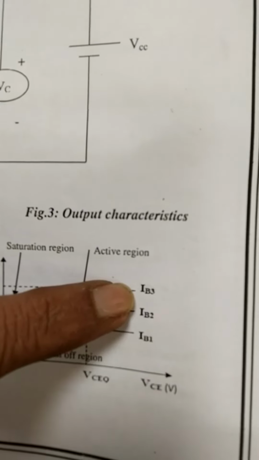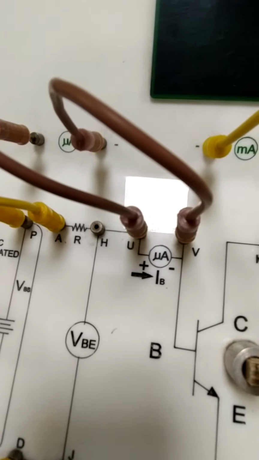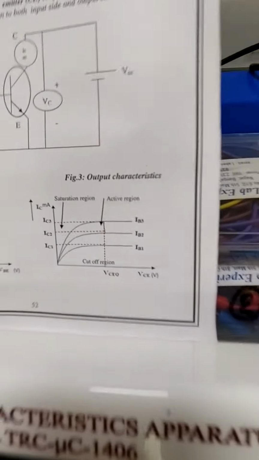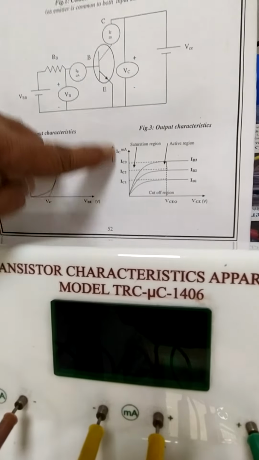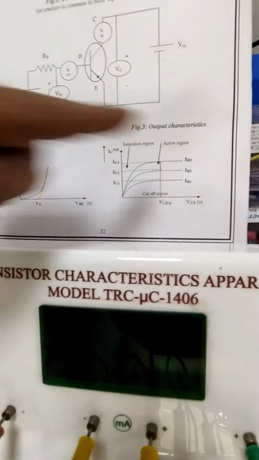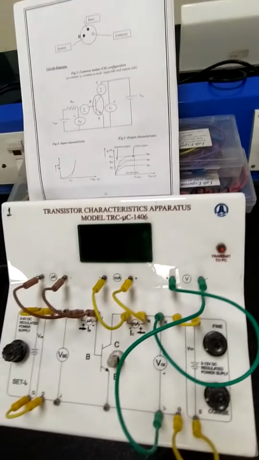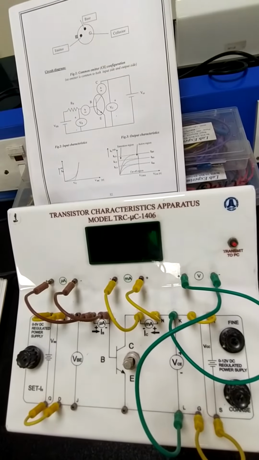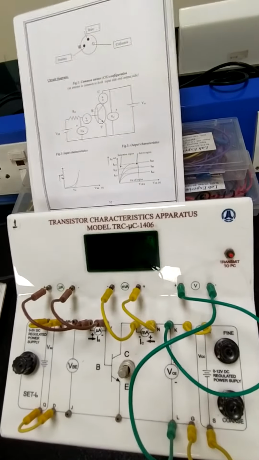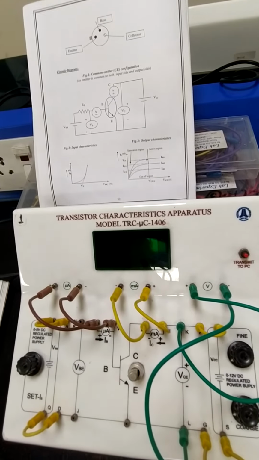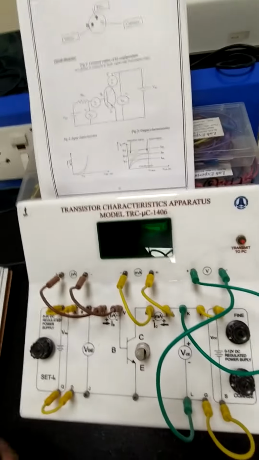What about IB? The IB is called the input current. So the input current must be constant, for example 25 microamps, 50 microamps, 100 microamps, like that. When we vary the VCE value, we will get different IC values. Then you can plot the graph. We will take different values of IB. That is called output characteristics. Everyone should plot input characteristics as well as output characteristics. From those, you have to find the knee voltage, the cutoff regions and the dynamic resistance. So now I am going to take the values.